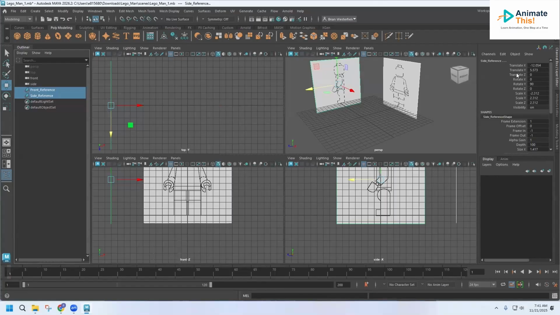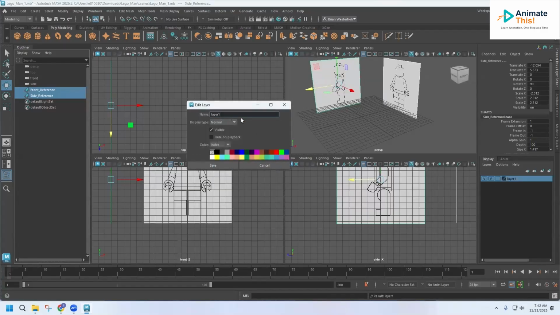So I'm selecting front reference, holding control and selecting side reference. Then I'm going to go over to my channel box layer editor. And down here where it says display layers, I'm going to click this diamond that has a little circle on it. If you hover over it, it says create a new layer and assign selected objects. If I do that, now my references are a part of this layer. If I turn this V on and off, it turns the visibility on and off. So I'm going to go ahead and double click on the name, rename layer 1 to be references,